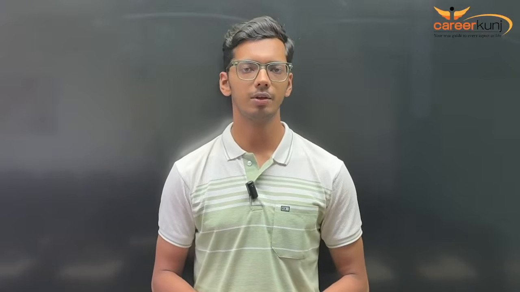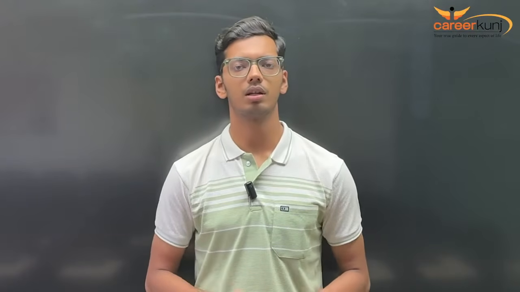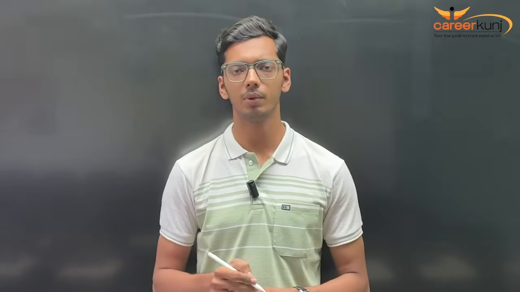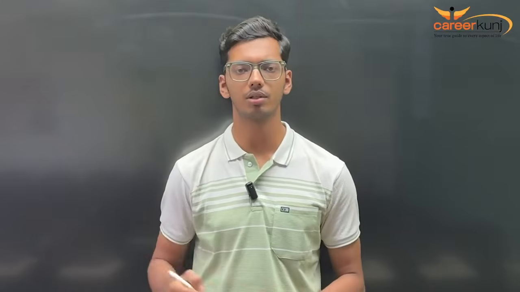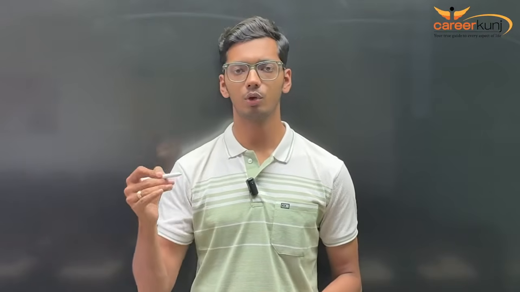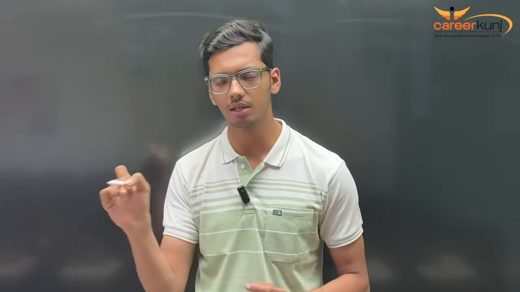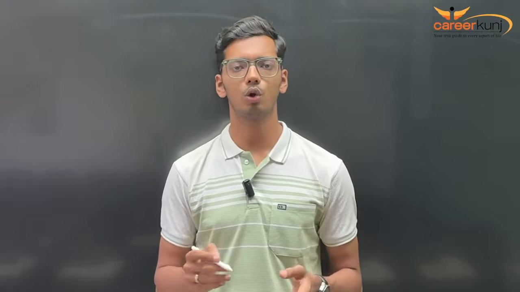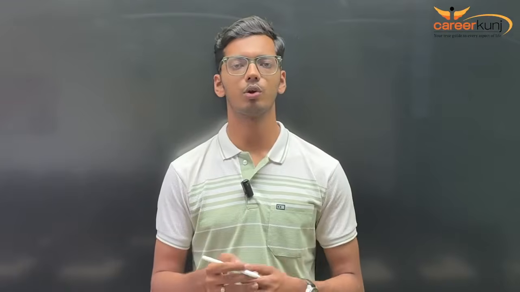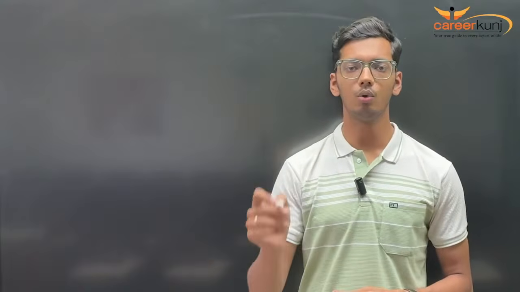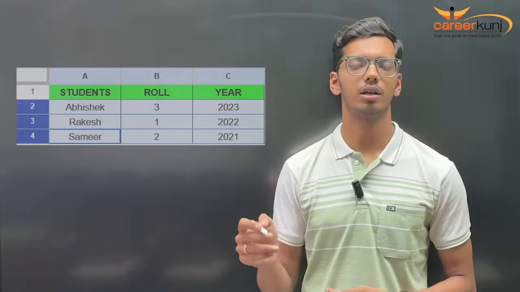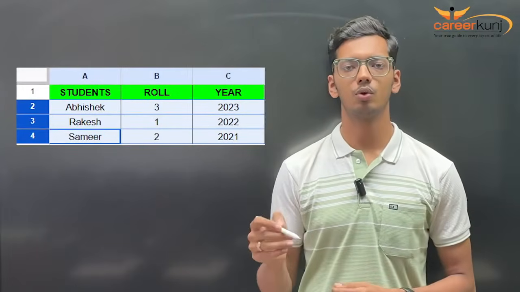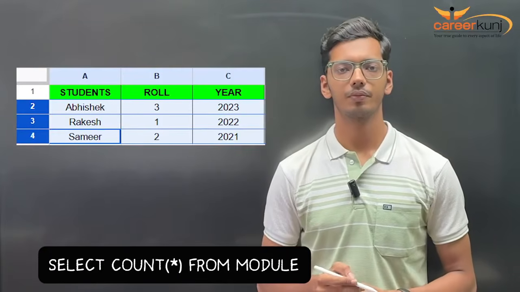After this I want to see the data of Abhishek and how many Abhishek there are in my table. When I say how many, that means at the same time I want to access multiple rows. All right, I want to count multiple rows. So my operation is not happening on a single row. It is using multiple rows. Here my query will be, I want to take the count of Abhishek as a student from the module. So it will be select count of star. Here when I gave count of star, that means count the number of rows, as star represents all, correct? Select count of star from